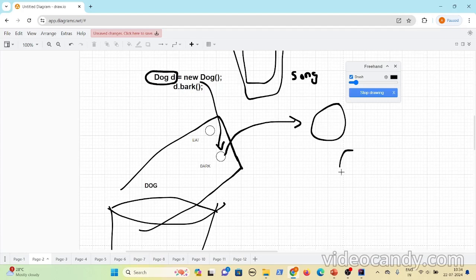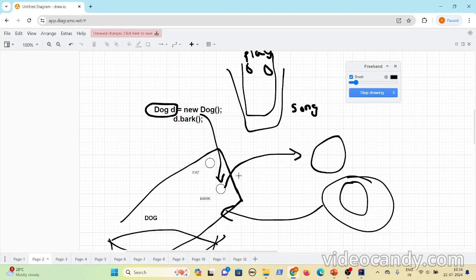Now if you create another dog object and try to assign that dog object to this reference variable, it has eat and bark methods, and this object also has eat and bark methods. So when you click on it, you can actually go to this object and make the dog eat. But let's say you assign this particular dog variable to a song, and you add a link like this for the song and the remote control, and when you click on eat, does it make sense to invoke the eat method on the song? No, right? You can't invoke.